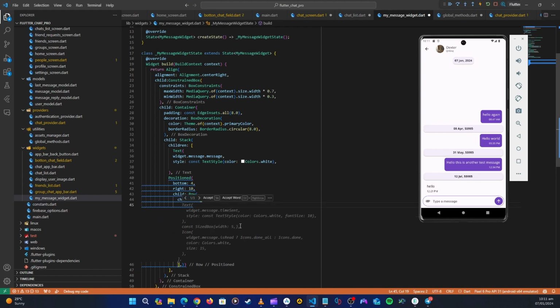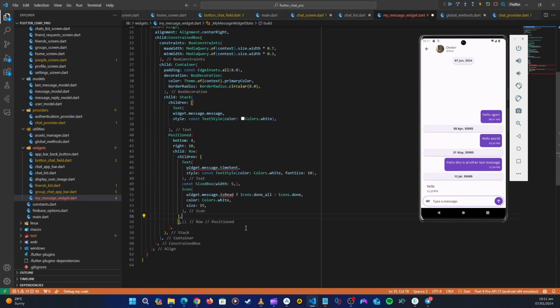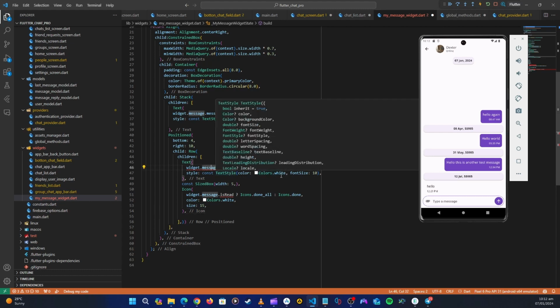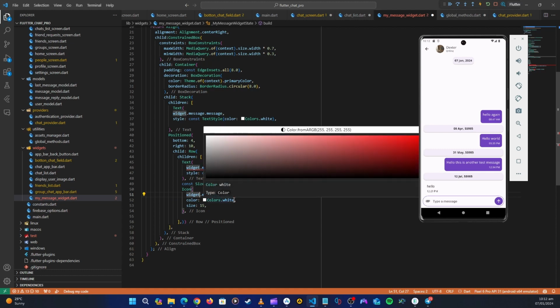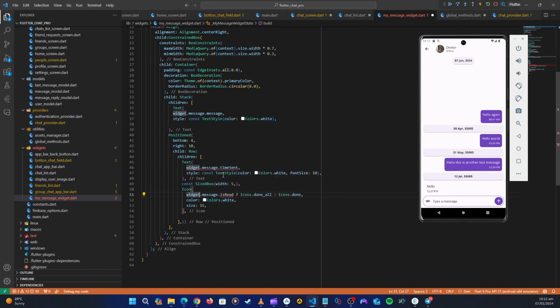Okay, so Copilot already knows what we want, so let's click on tab. So it's put an extra bracket here. Let's remove it. So okay, great. Copilot knows what we want, so it knows that the first child here we want to put as the time, and then also we put the tick marks like what it's doing here. So what we are going to do is this, we need to create the time on